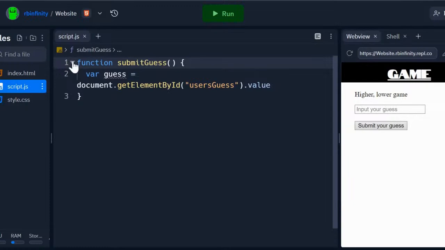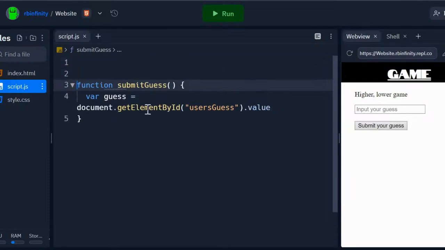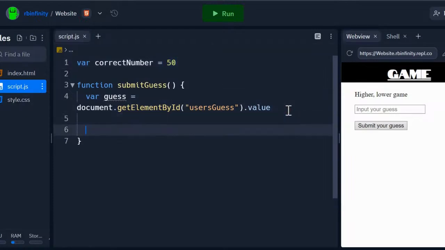So let's now create a variable to store the actual number which the user is trying to guess. We'll call it correct number, and in the meantime, let's set it to a specific value. Later on, we'll change it to pick a random value. So currently it's just set to 50,